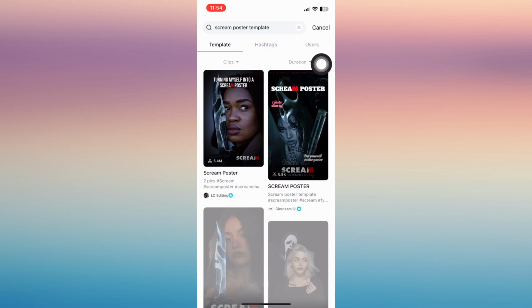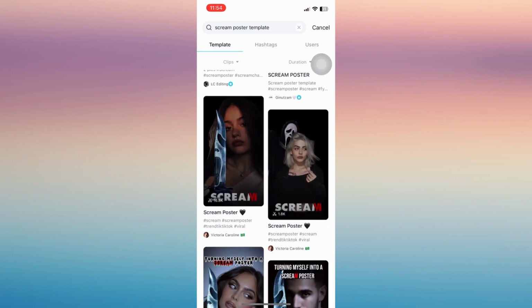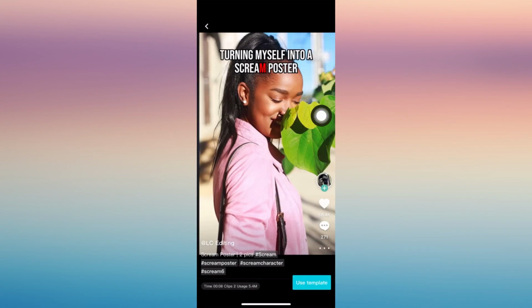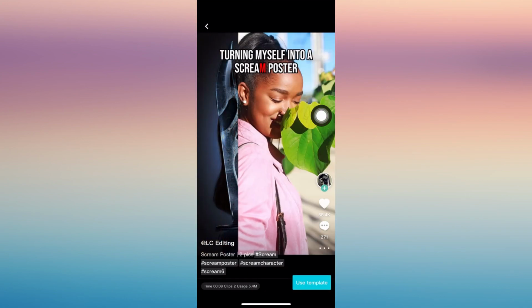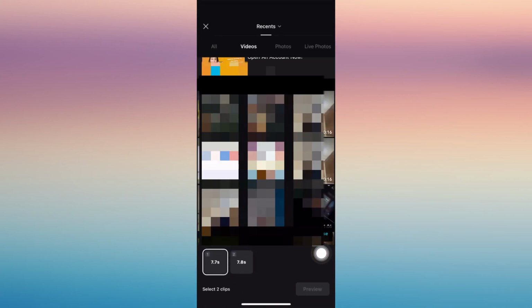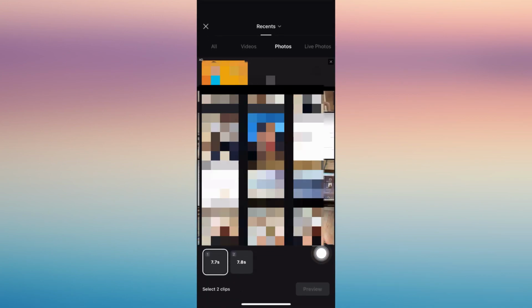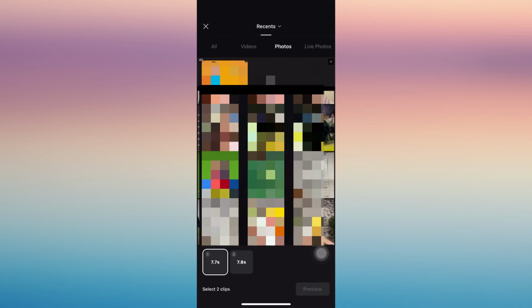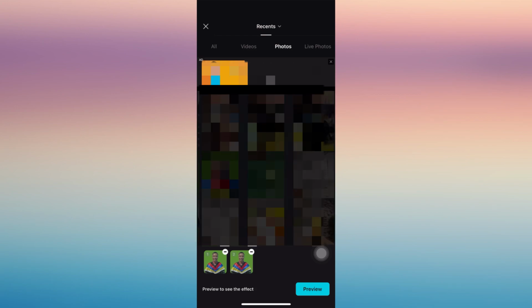And then there are a lot of options for you to use. So you can just choose any of these. So for example, this poster, and then tap that Use Template that you can see on the bottom right side of your phone, and then you can choose two pictures that you wish to use, so any pictures that are available on your gallery. So let's have this one, and then once you have the pictures, tap Preview,